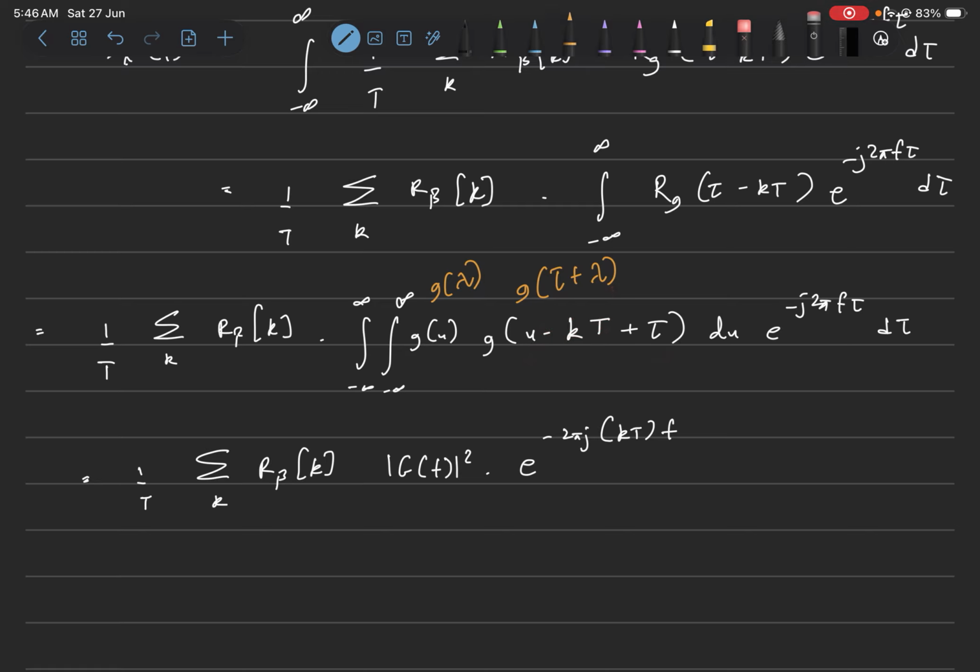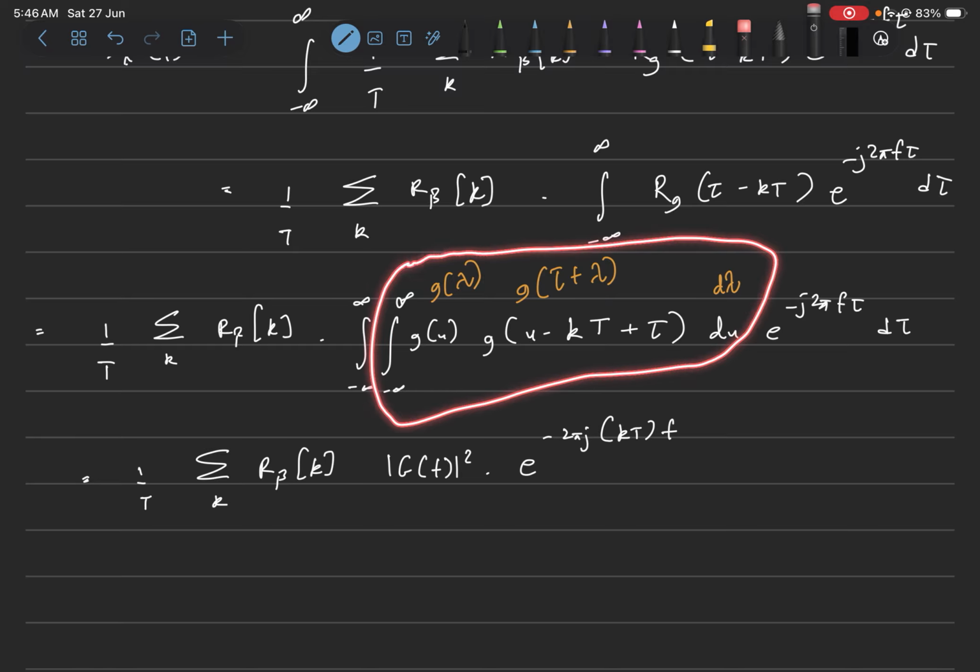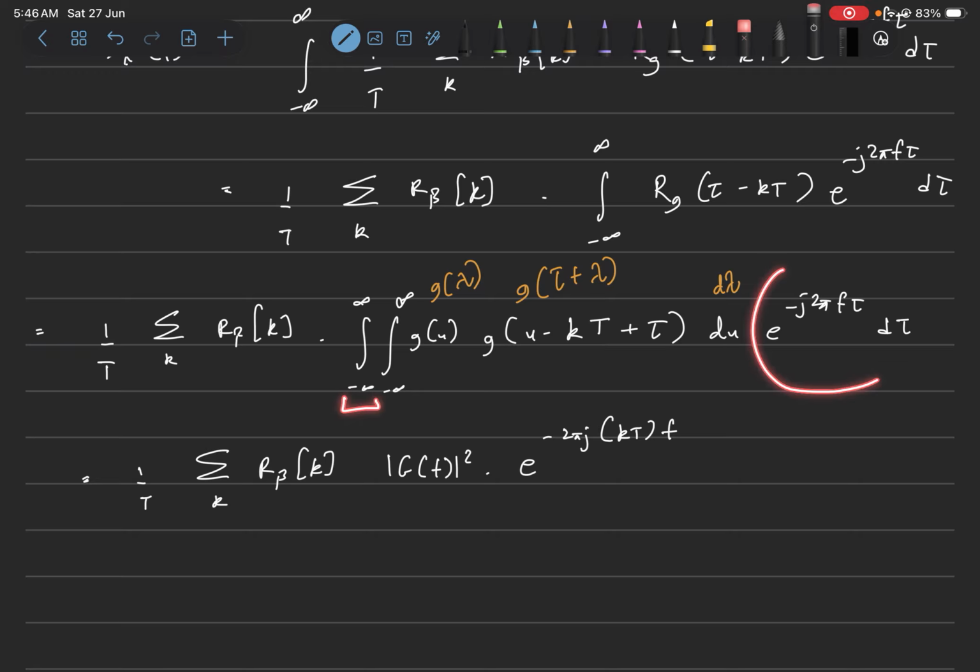So this here becomes a convolution integral. If we replace u with lambda, then this becomes d lambda, so it is easier to see this as a convolution integral. So what we are evaluating is the Fourier transform, because this integral along with this is the Fourier transform of this